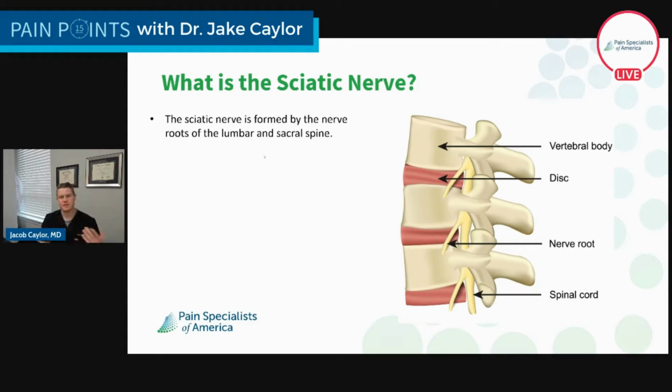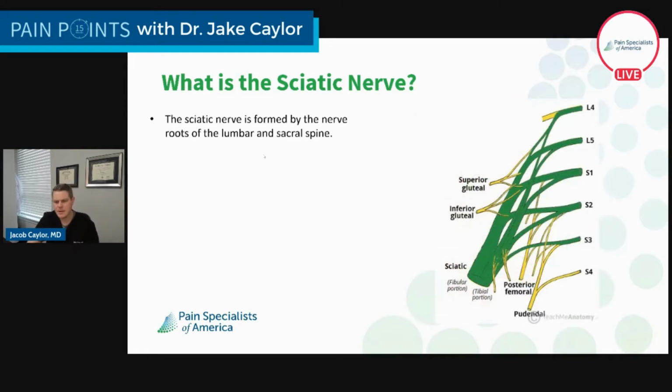It's a combination of the lower lumbar as well as the upper sacral nerve roots that coalesce, and they form really two divisions. And you can actually see that here. It's the L4 through the S3 that goes into this green aspect of the nerve, and there's two parts to it: the fibular portion, which is also called the peroneal, and the tibial portion. The interesting thing about the sciatic nerve is that it's really just two nerves in one. It's the largest nerve in the body, and it supplies the